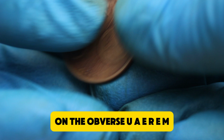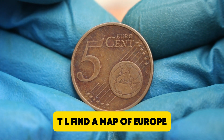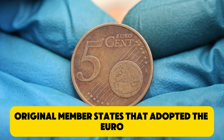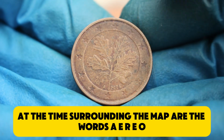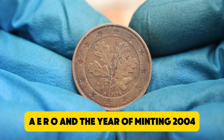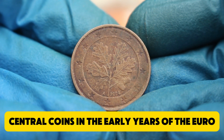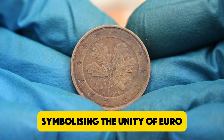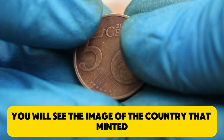On the obverse, you'll find a map of Europe, illustrating the 12 original member states that adopted the euro at the time. Surrounding the map are the words EURO and the year of minting, 2004. This design was used across many of the euro cent coins in the early years of the euro, symbolizing the unity of Europe. On the reverse of the 5 euro cent coin, you will see the image of the country that minted